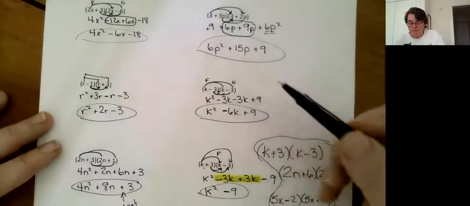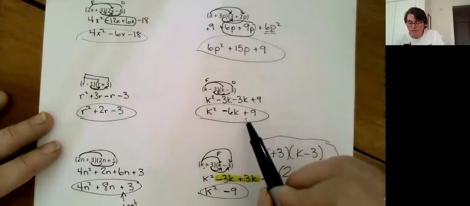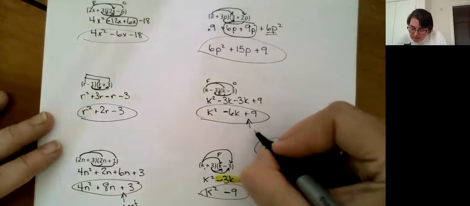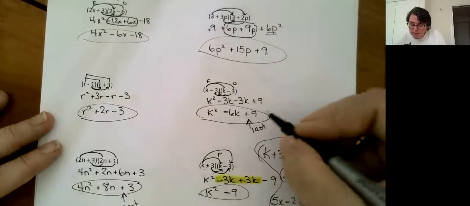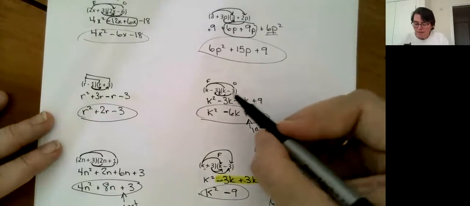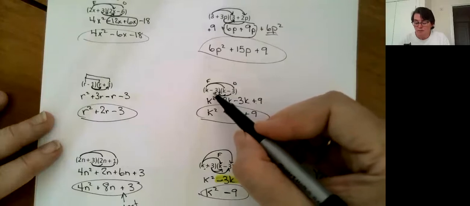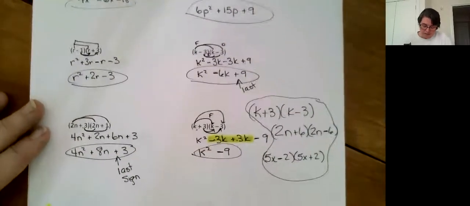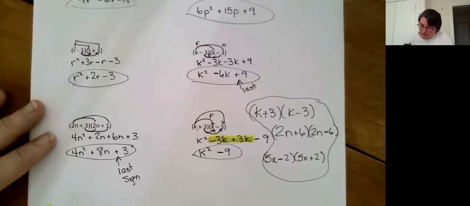Okay, here's another one. These were both negatives. Even so, my second sign, my last sign, was a positive. And okay, they're both minus 3, but whatever that sign is, comes down. Now, if the signs in the brackets are different, the last sign is always going to be a negative, and the first sign will be, and this is where this is cool,